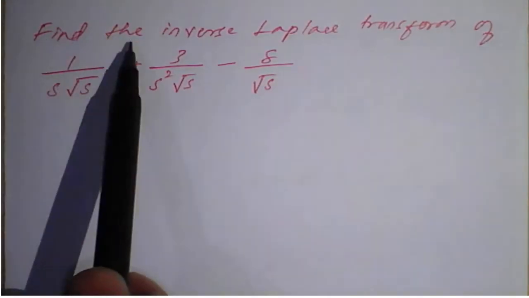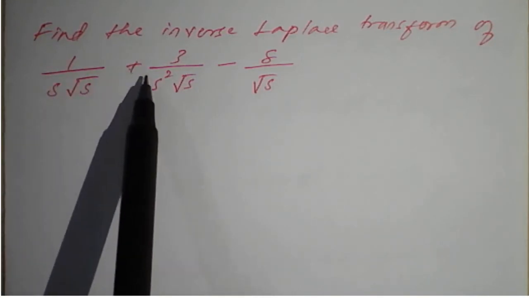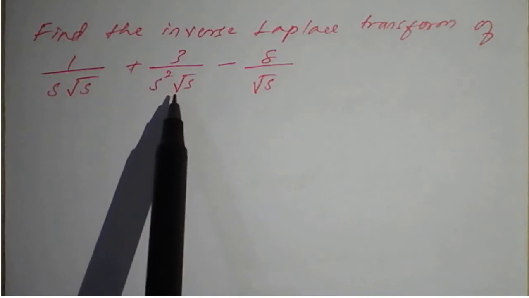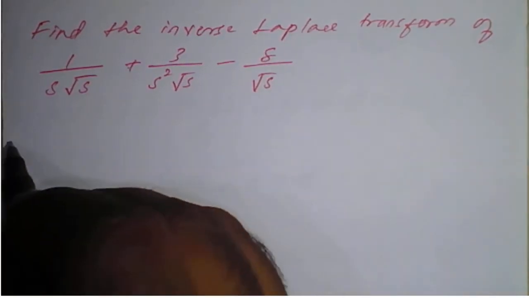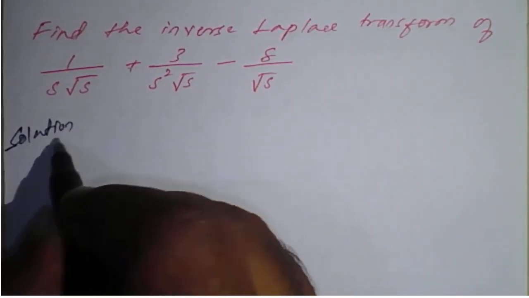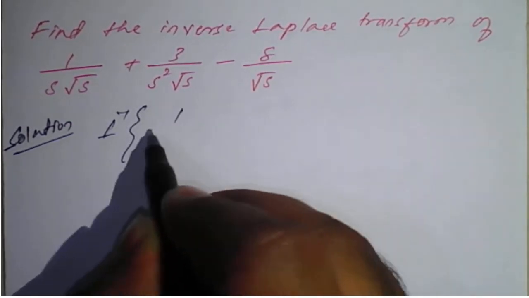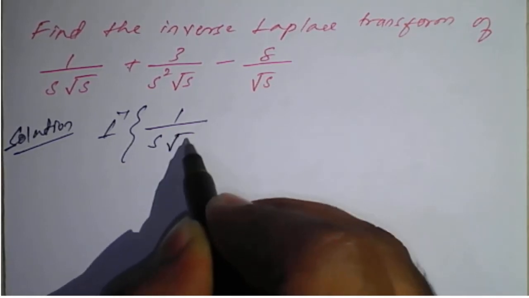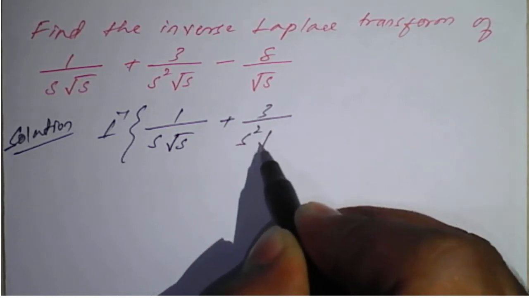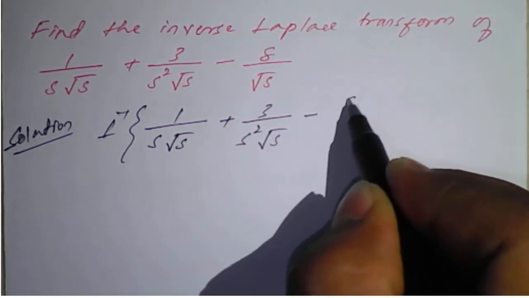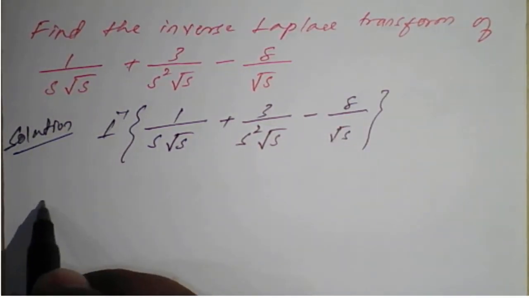The problem is find the inverse Laplace transform of 1 divided by s into root s plus 3 divided by s square into root s minus 8 divided by root s. So solution, first simplification, then we'll apply the standard formulas. So inverse Laplace transform of 1 upon s into root of s plus 3 divided by s square into root of s minus 8 divided by root of s, which is nothing but, separate it first,